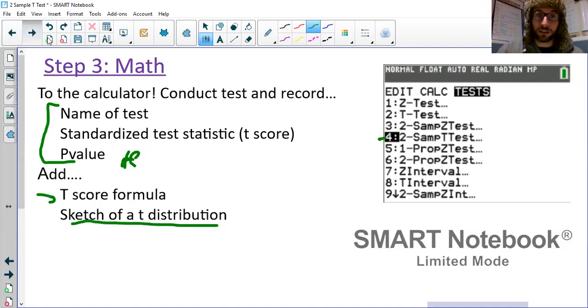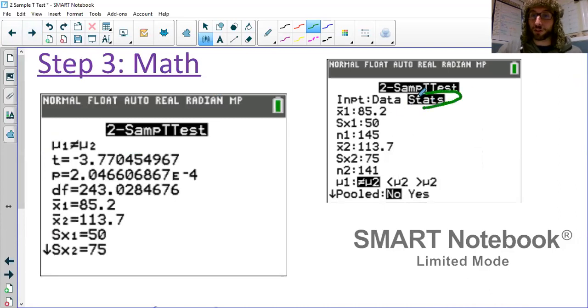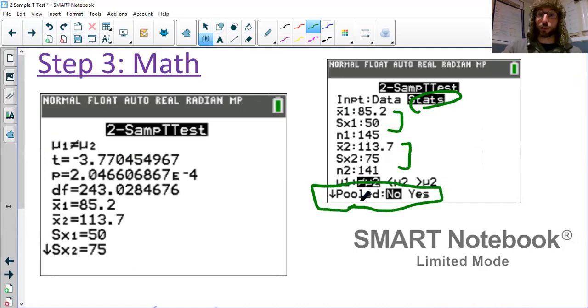So as we do that, hopefully you're entering all this in our summary stats. There's my stuff for the men, my stuff for the women. We're always going to choose no for this pooled option for any of the 2-sample t stuff. And then we get this output screen. So we want to make sure we have the name, the t-score or standardized test statistic, the p-value, and the degrees of freedom. I'm going to use these numbers. And if I scroll down, it would just show me the 2 n's. I'm going to use these and the 2 n's in the t-score formula in a moment,